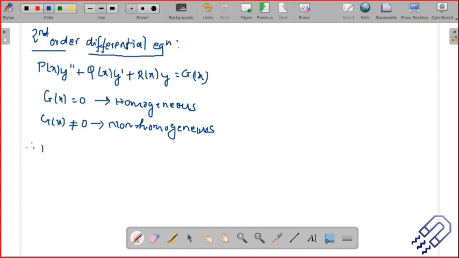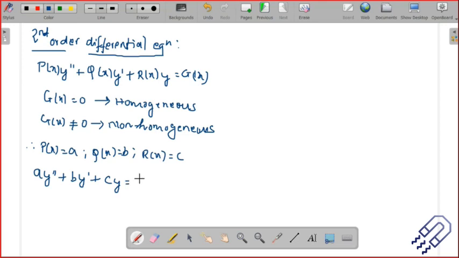So what happens is, this px might be just any value a, okay, qx might be b, let's see, or rx might be c, okay? And in that way what we can do is we can actually have an equation something like this. It will depend on what kind of equations are there. See, there are so many forms, so many equations to solve, we really cannot involve every kind of problem, okay? We are just sticking to the syllabus, and that way it will become a bit easy, okay? So let's say this is equal to 0, okay,